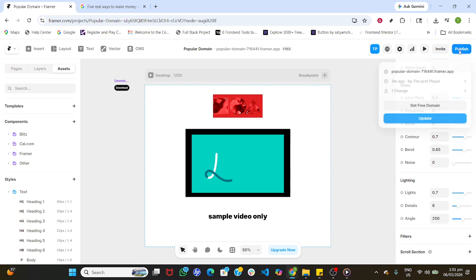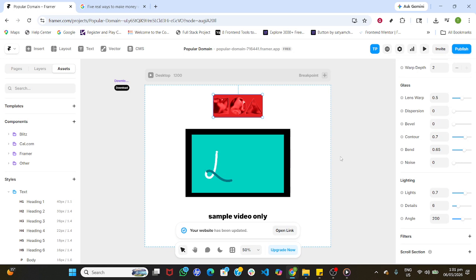When everything looks right, publish your changes. Click Publish in the top right corner, let Framer prepare the update, and then click Update to push the new logo live. Give it a moment, then preview your site to confirm the logo displays correctly across pages and devices. That's it. You've replaced the logo, refined its focal point,